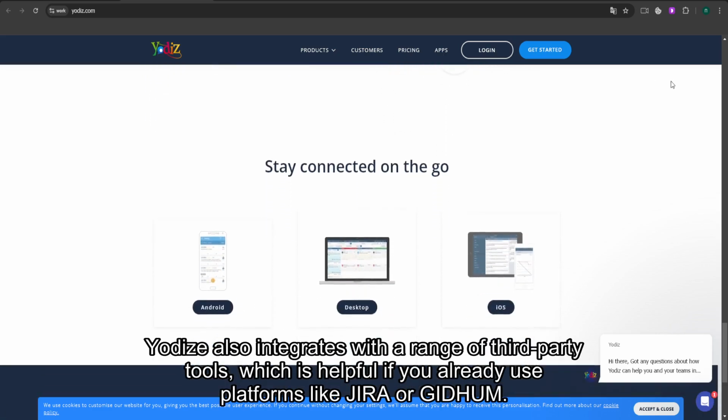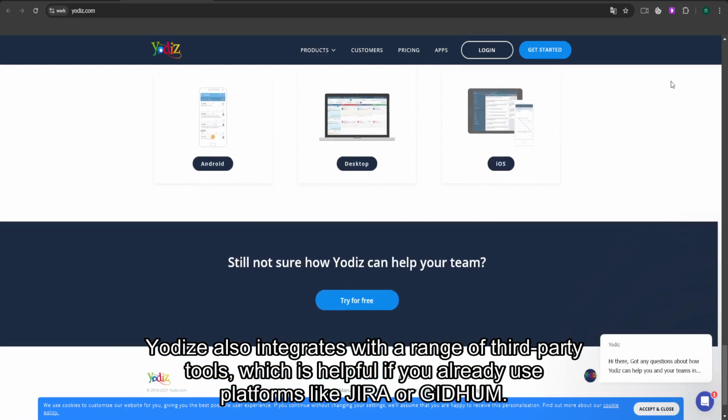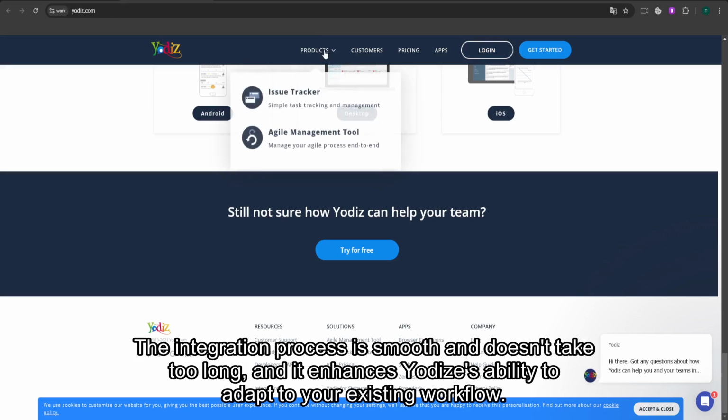Yodiz also integrates with a range of third-party tools, which is helpful if you already use platforms like Jira or GitHub. The integration process is smooth and doesn't take too long, and it enhances Yodiz's ability to adapt to your